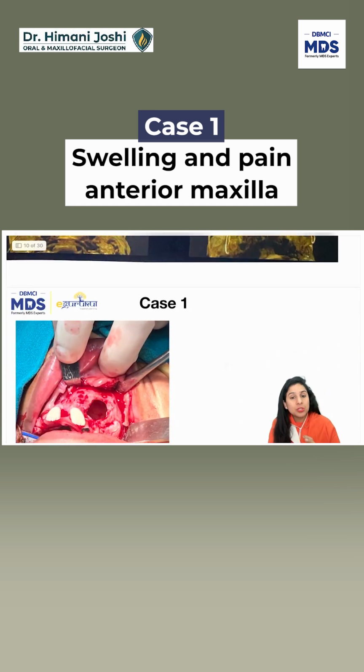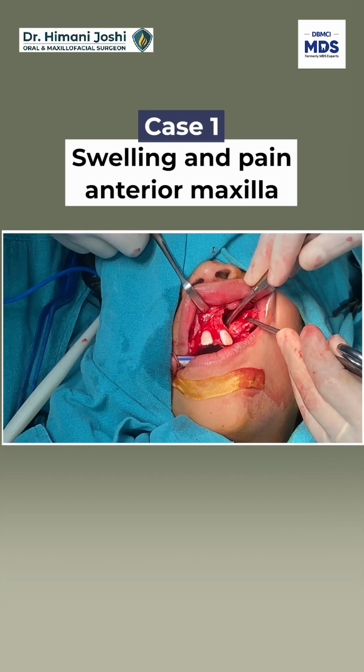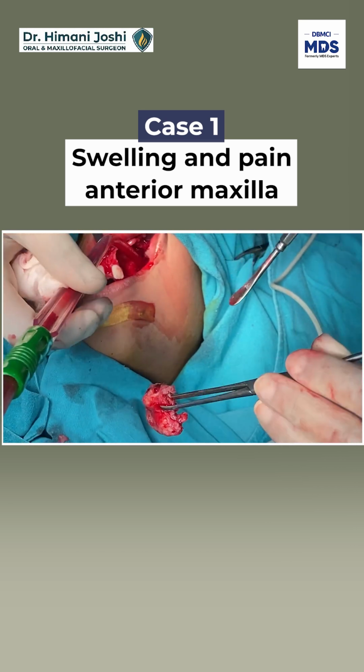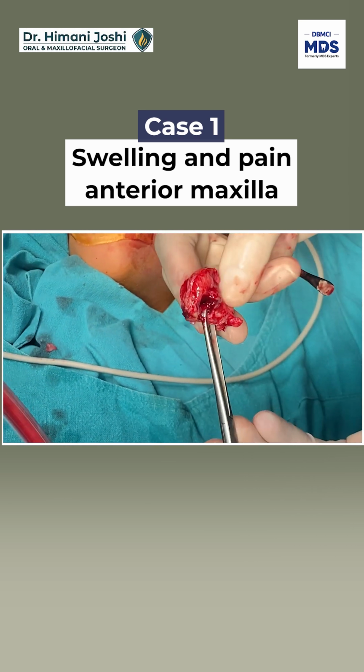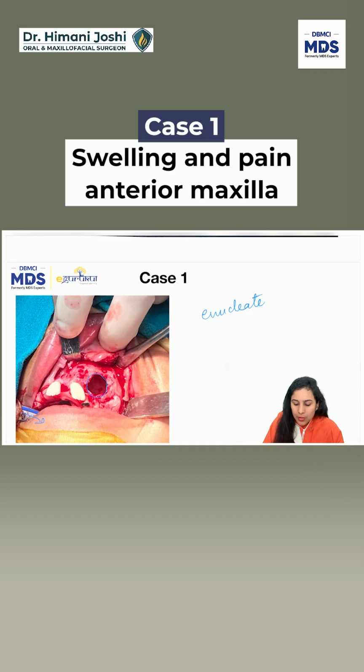So we take the patient to GA, we intubate the patient orally because it is a maxillary surgery, put the throat pack, open up the cyst, and enucleate the cyst in one go. I enucleated the cyst. I removed the causative tooth, which is the canine tooth in that region. Also, an unerupted premolar, which was lying here, was removed. Yes, they are permanent teeth.